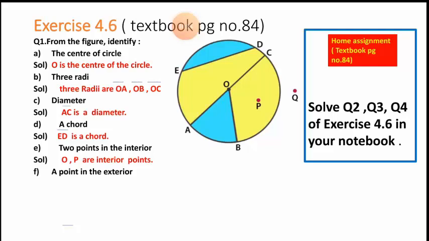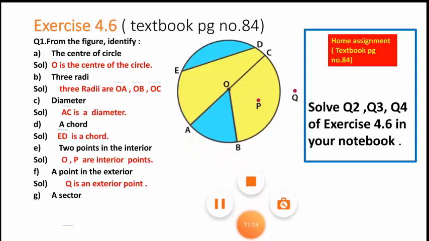So children, exterior means we are looking for the point which is present outside of the circle region. So you can see here only one point is present outside of the circle, that is point Q. So we will write point Q is the exterior point. Then after this, here comes a sector that we need to identify for this given figure. So we know that a sector is formed when 2 radii are drawn and a region is enclosed between these 2 radii along with an arc of a circle.